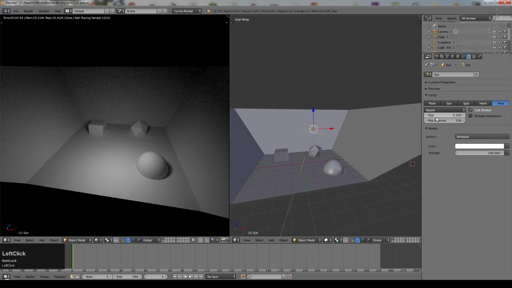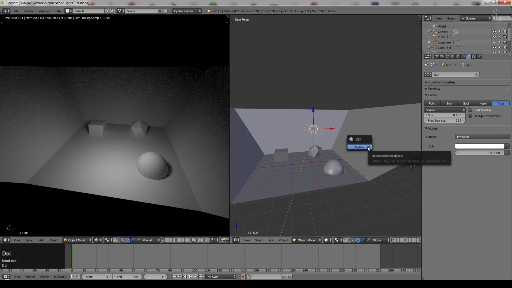And again, of course, we get size and max bounces that we can play with. Multiple importance you'll see on all of these, as well as other settings, and typically you will use that only if you're using an HDRI to illuminate your scene, but I'll get onto HDRIs in a little bit. So that's all the default lamps. One of the things I would say is, in order to minimize noise in your scene, try to use these when you can. There are occasions when they're not suitable, or you need to use other lamps as well, and I'll show you those now.